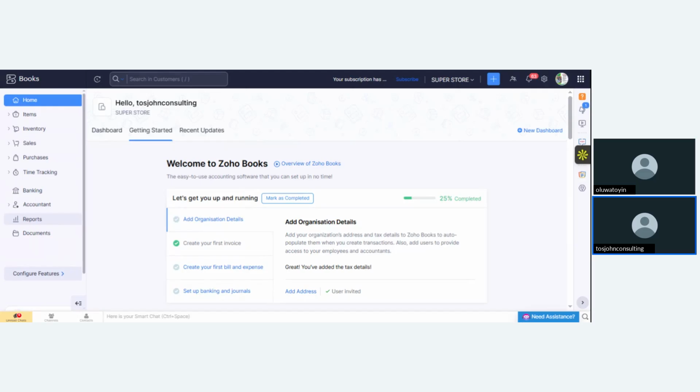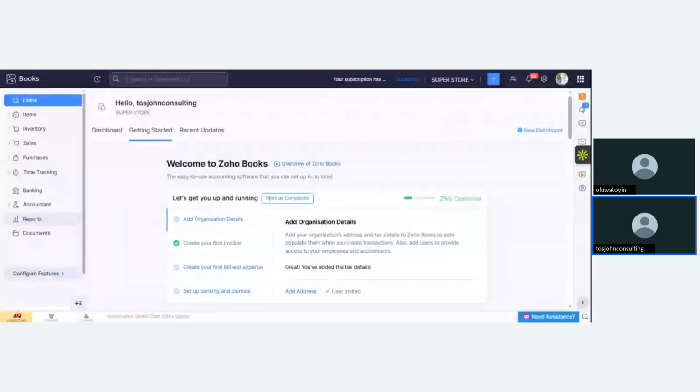I've not used all the over 1,000 accounting software that we have in the market, but I have hands-on experience on like 10 of them. What I can practically tell you from all my experiences is that once I can use Zoho, I can use QuickBooks. Once I can use QuickBooks, I can use Tally. Once I can use Tally, I can use Times. So the knowledge of one will help you to navigate the other.